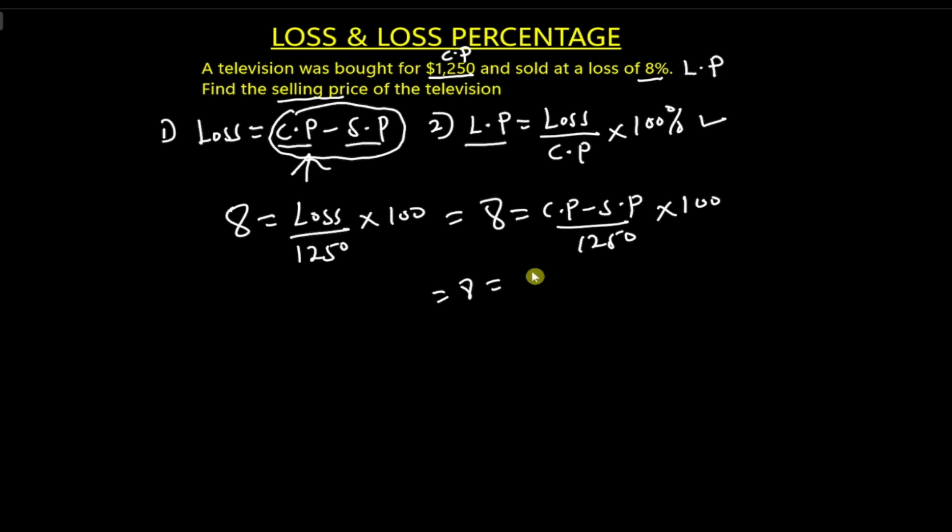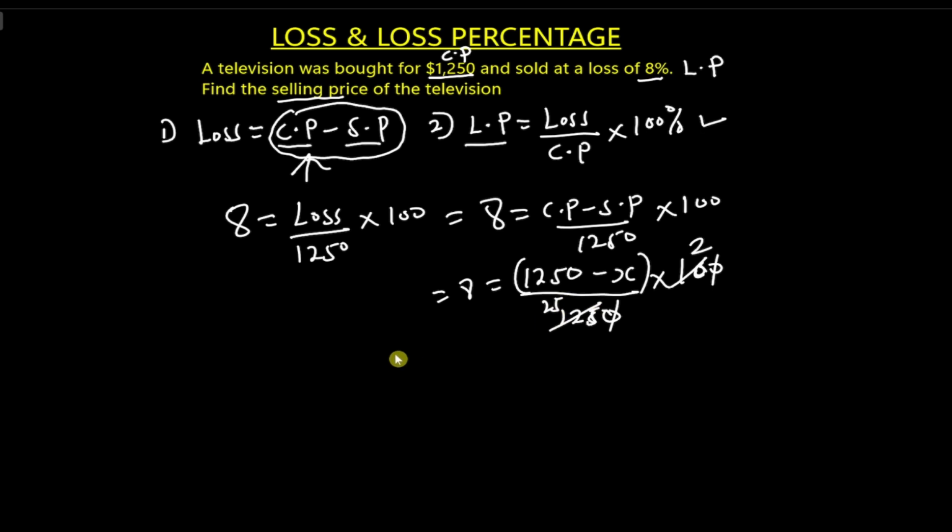Now 8 equal to the CP over here is 1,250 minus the selling price. We're looking for the selling price. To make everything easier for us, we can represent the selling price by a variable such as x, then all over 1,250 times, let me enclose this one into parentheses. Now over here, this 0 can cancel this one. 5 goes into 10 two times and goes into 125